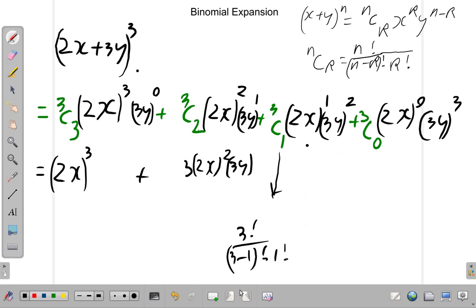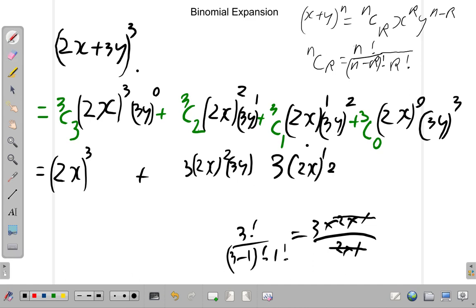We're going to write that, but for now, 3 factorial is 3 by 2 by 1 over 3 minus 1 factorial, which is 2 factorial. 2 factorial is 2 by 1, and that multiplies 1 factorial. 2 by 1, 2 by 1. So this leaves 3. So the number that comes here is 3, and it multiplies 2x to the 1, 3y squared. Plus now,